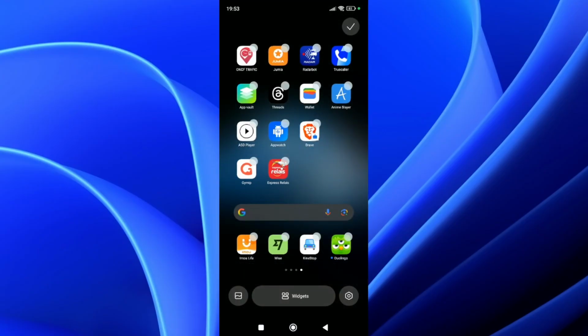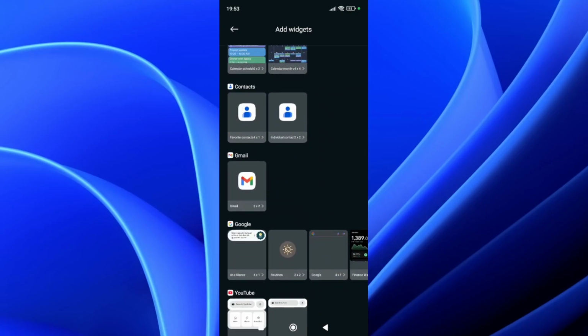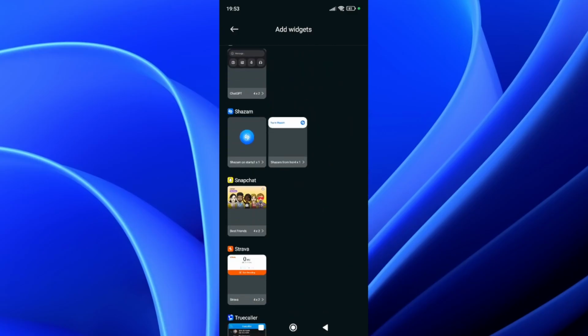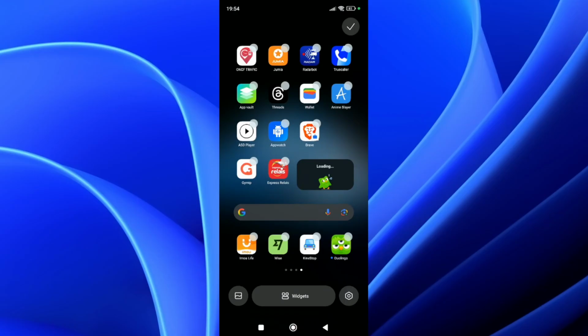And here, as an example, I can go and click on widgets. Once I go to widgets, I'll basically have to look for Duolingo. Once I find Duolingo, I'll be able to add all the widgets that it has. As you can see, it has two widgets. It has the streak widget, actually two streak widgets, but one is 2x1 in size, and one is 4x2. So I can just go and click on it, and I'll be able to add it